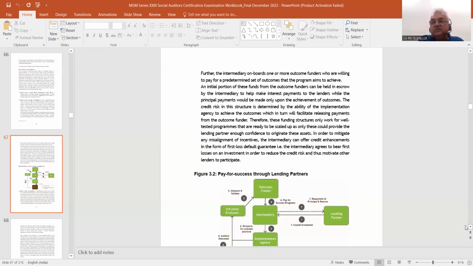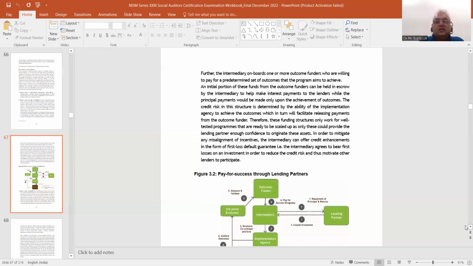Once that success is achieved, because some of these are for-profit organizations, even these NPOs working in, say, the education sector or hospital sector are also charging money from the patients. So they will ultimately be generating revenue, and they will be able to pay the loan amount. But the intermediary will come in between, who will ensure whether NPOs need to be aggregated and at what stage we should pay them. There will be no direct connection between the lenders and the NPOs, which was the scenario